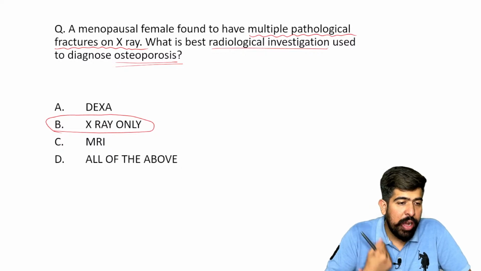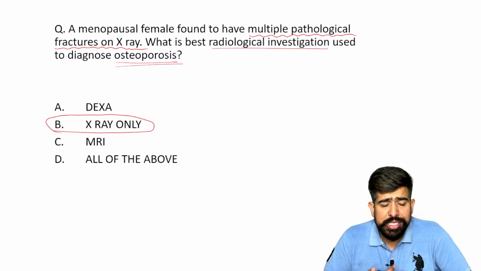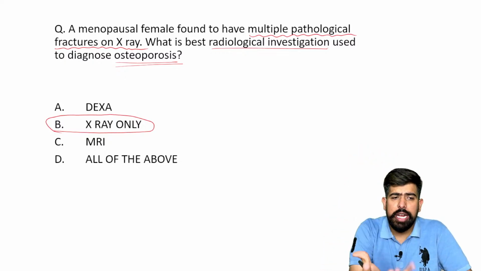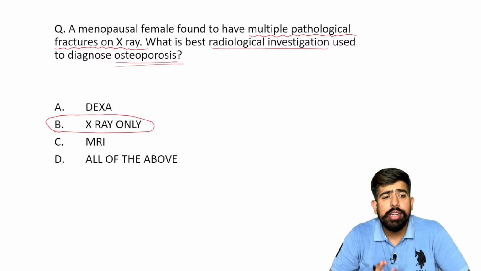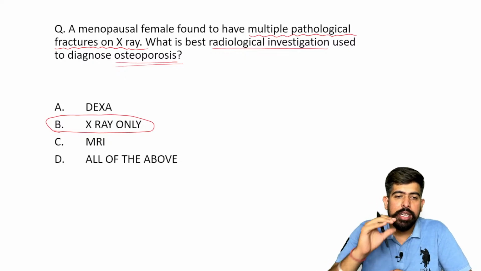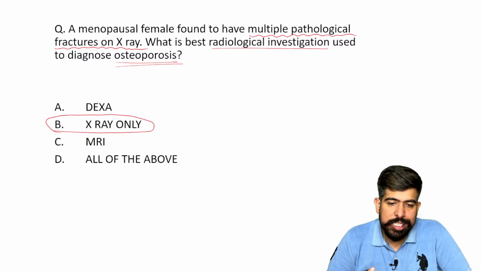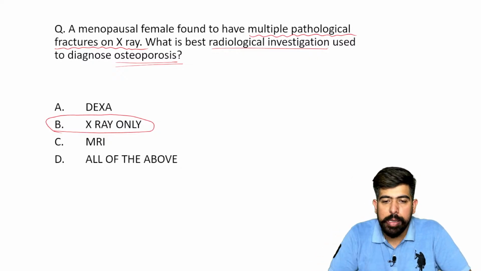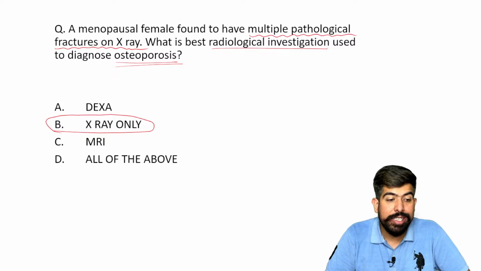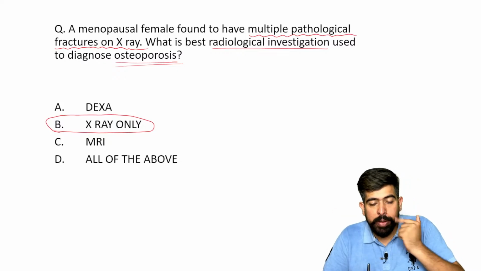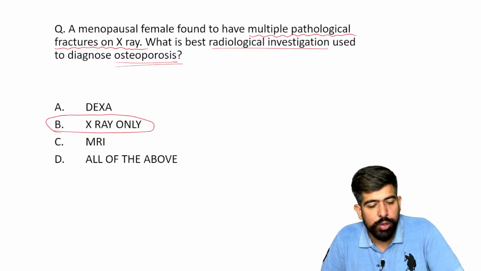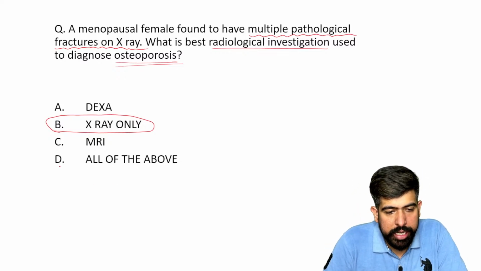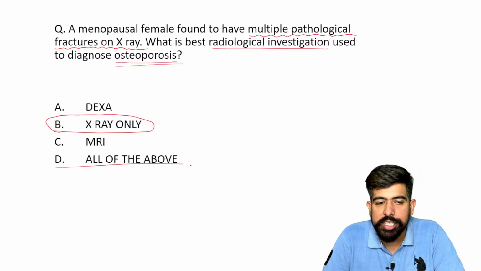Now, the option is asking, we cannot see osteoporosis on the X-ray only, right? It is not even clear for making the diagnosis of it. Of course, there are multiple fractures seen over there. So by guessing from these multiple fractures, we can say that it can be osteoporosis. But for making the diagnosis, we have to do a special test, of course. Now, it cannot be D also. D is ruled out.